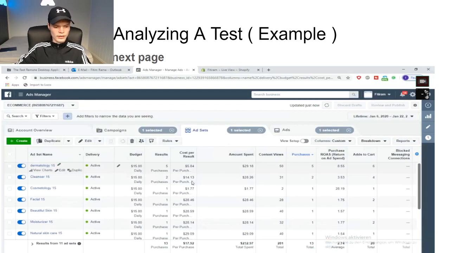We've got one other down here as well. It's called Cleanser and it has 2 sales. So our goal now is to get Cleanser to 3 sales as well, so we can duplicate Cleanser into a $25 a day ad set. When you duplicate, leave the original one running until the new one makes a ton of sales for a long time. But I don't really even turn off the original one. Just don't turn it off. It's optimizing from the original one. Just never make changes unless you're duplicating, guys. You always duplicate for change, right?